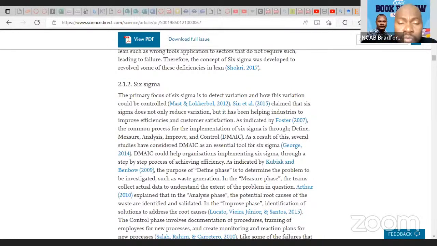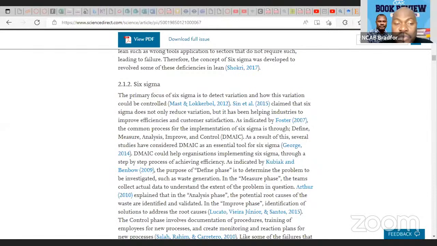Or you go and read Rotimi. You might not bother. You find it with Kolawole, but you don't want to go back and read Rotimi's paper and see where he stated it. Then you can use it as cited by, so that is another way. Or you can go back to Rotimi itself and just quote Rotimi directly. But you must make sure that it was there in Rotimi's work.